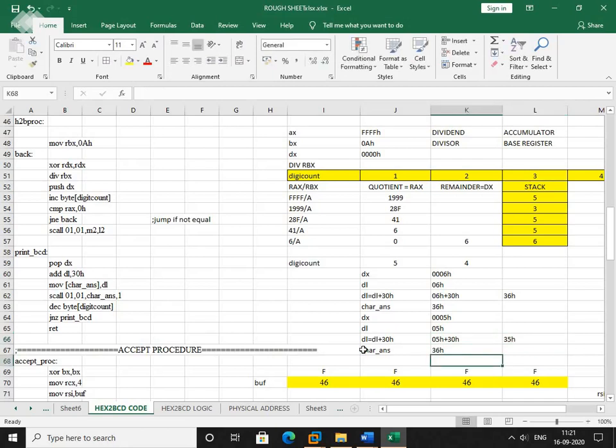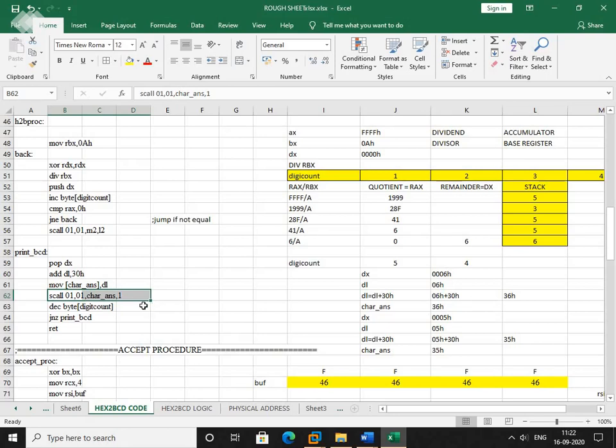And this 35h, put it into char answer. So immediately after converting it, I am displaying single digit, right? So this will occur within microseconds. Single digit I am converting and immediately displaying it.